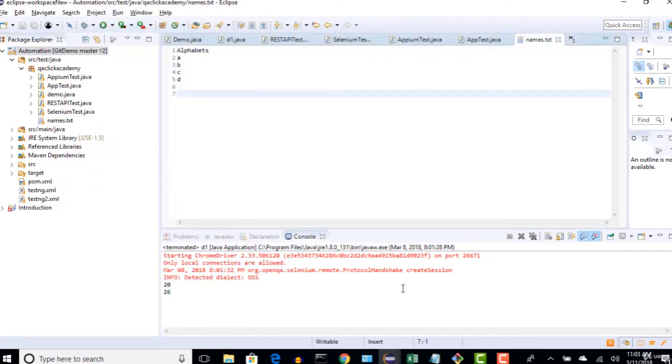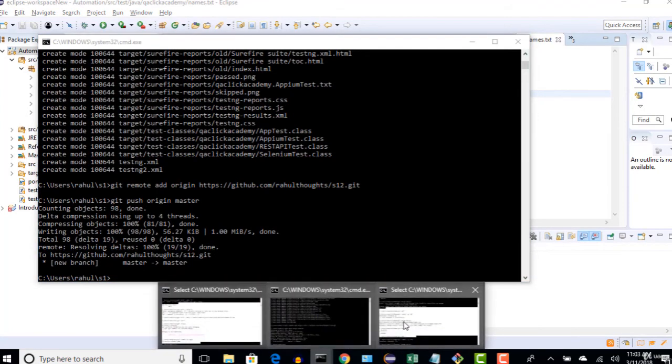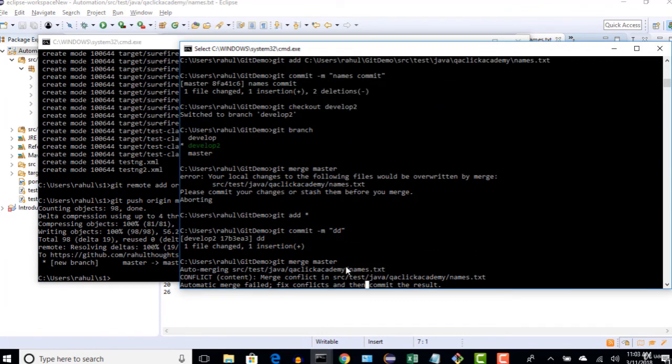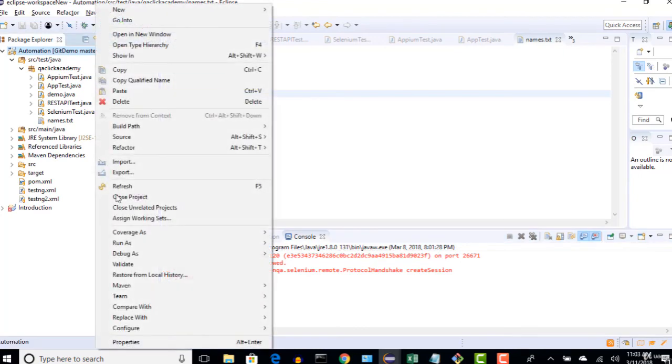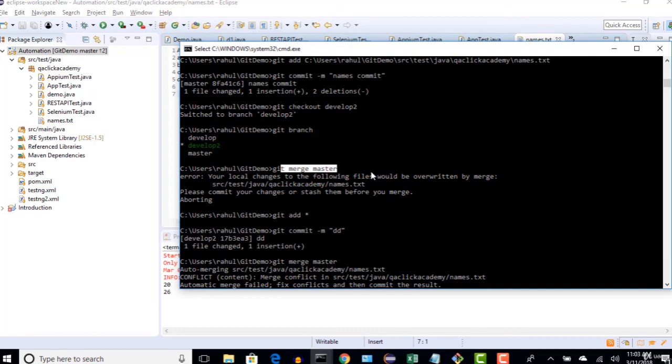Okay, now we know the root commands. So we need not depend on any other tool to take care of Git. Just open the command prompt and remember all these commands, and that's more than enough. No matter what specific tool your company is using, if you are familiar with these basic commands, you can rock. And in interviews, no one asks you how you switch to a branch in Eclipse, and no one will expect you to say right click, Team, and so on, because that is tool specific. That clearly says that you do not have enough concept.